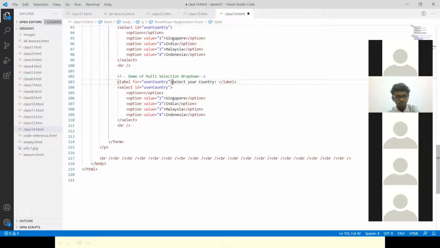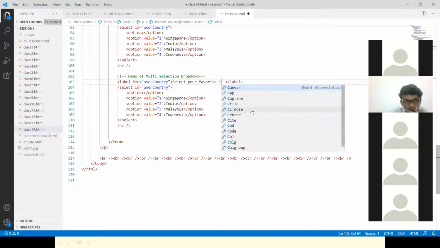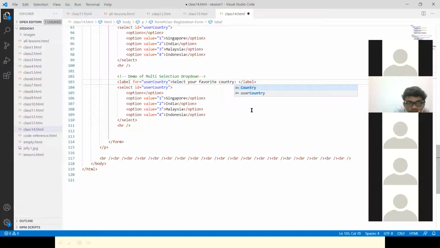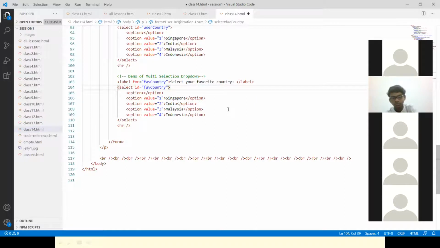Okay, so everything is same, not much difference. So here the label I will change it to favorite country. Okay, so I'll just add the text so that it looks like favorite country, FAV. Where should we specify it should be multiple?